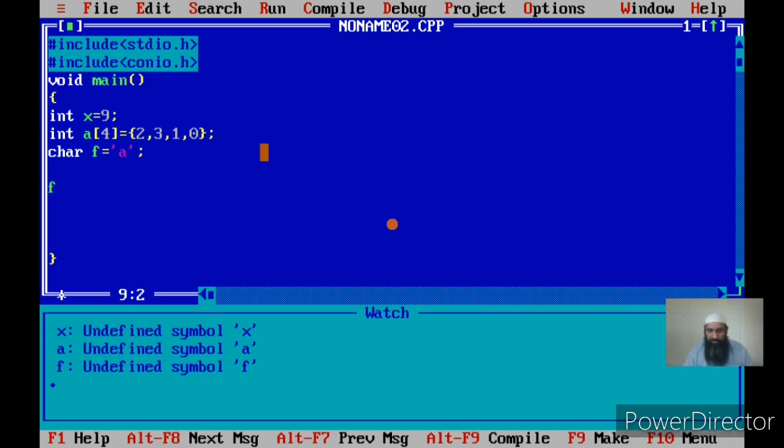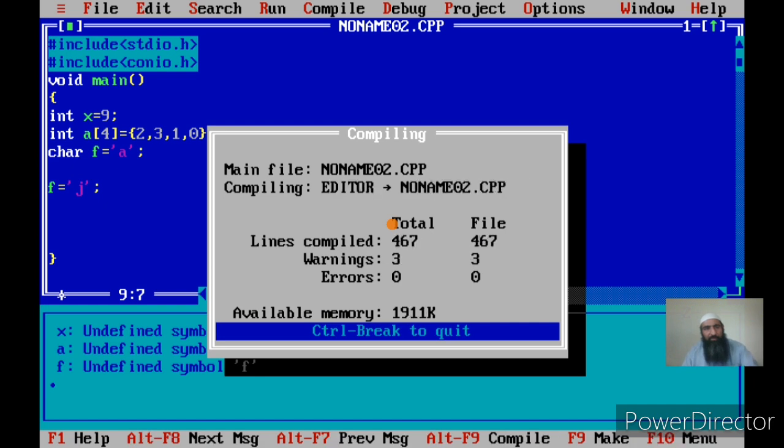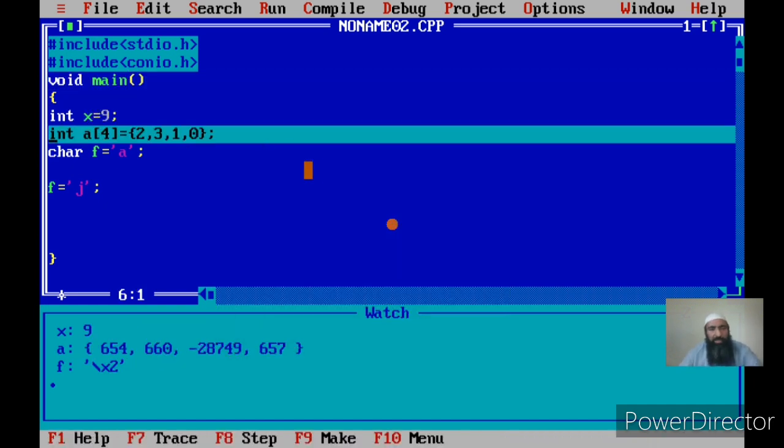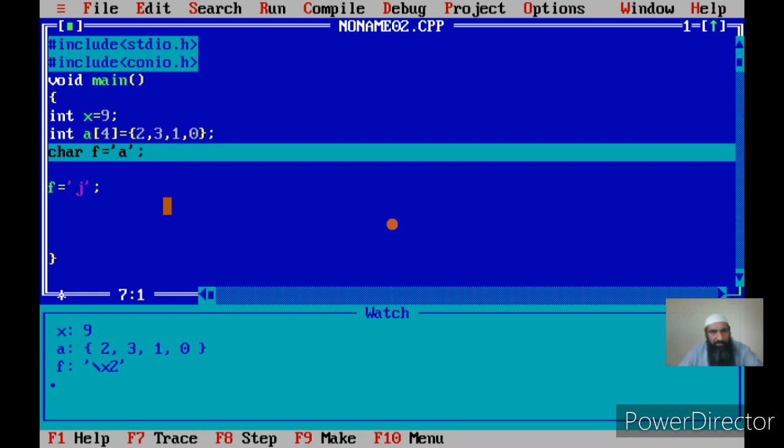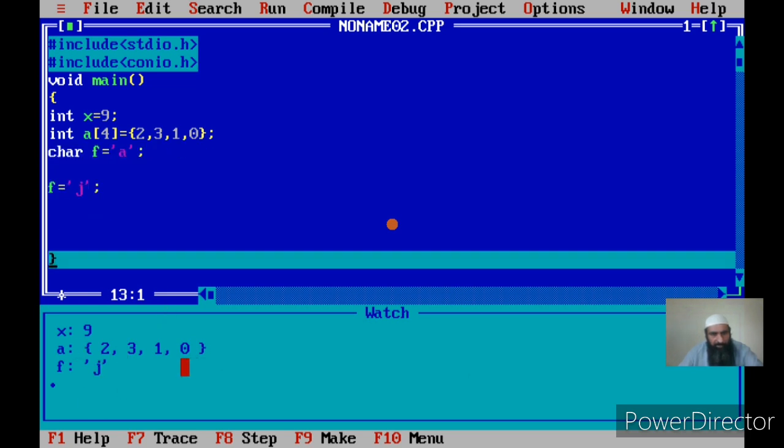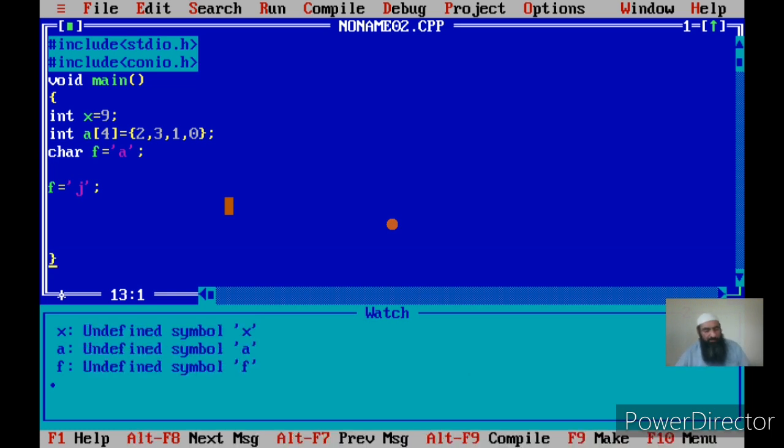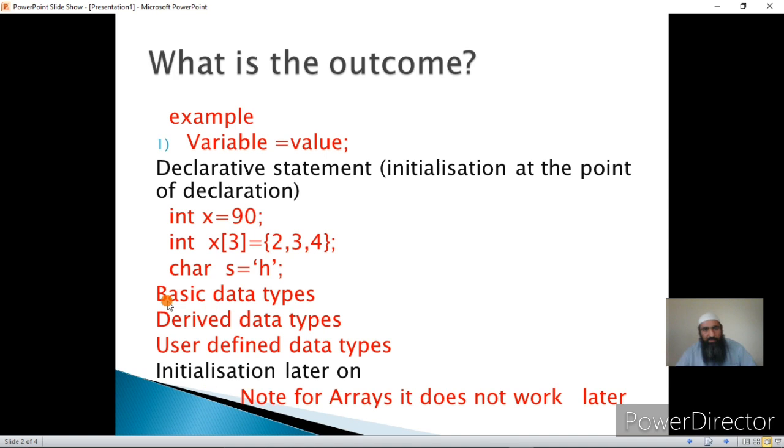Let us see if this method works later on or not. I can say now f equal to some other constant value. Say f is equal to j. Now I am changing the value of f to j. Yes, this works. For the array it did not work. Now f is equal to a. After this statement, see, it is a. Now after this statement it should become j. So this variable equal to value syntax works here also. So I have discussed this type also. Character s is equal to a character constant where I am storing h in s. But remember, whenever you are assigning a character constant, you should put it in single quotes, and this is true of character variables. Character variables always hold a single character.